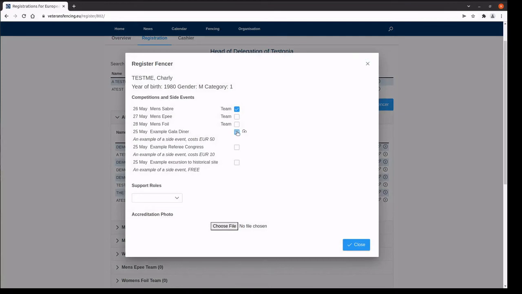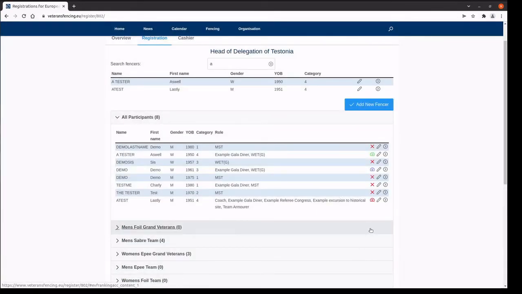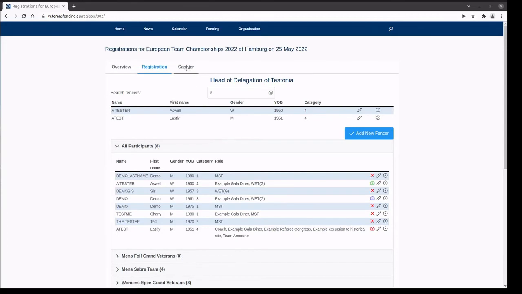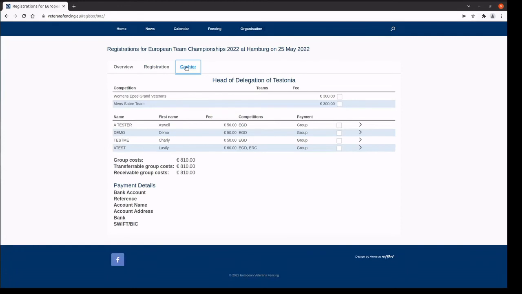This is not related to the events they actually participate in. This is just a personal choice. The final tab to look at is the Cache tab. This is for Heads of Delegation specifically. I click on that, the data is loaded, and then I can see what kind of costs are involved for